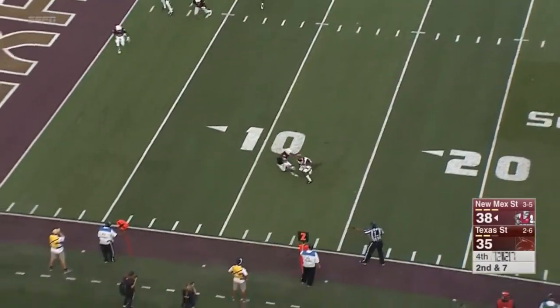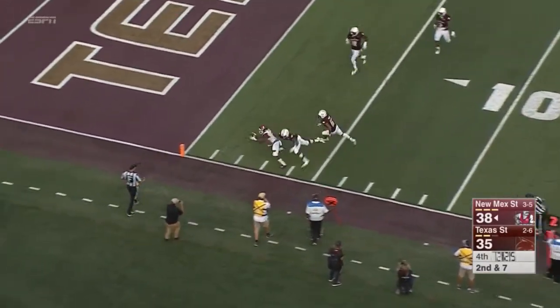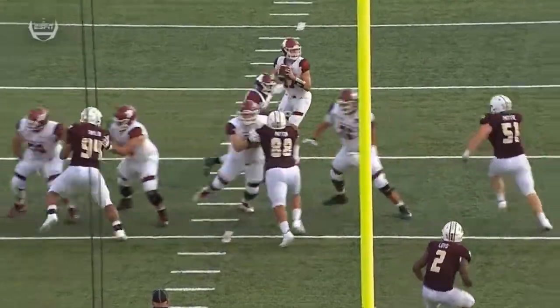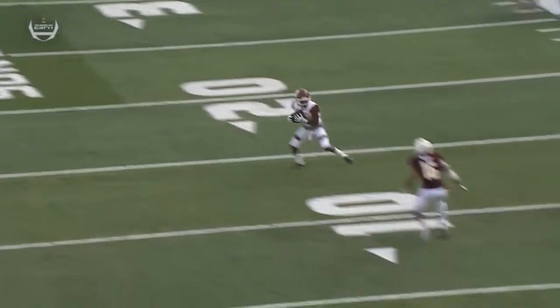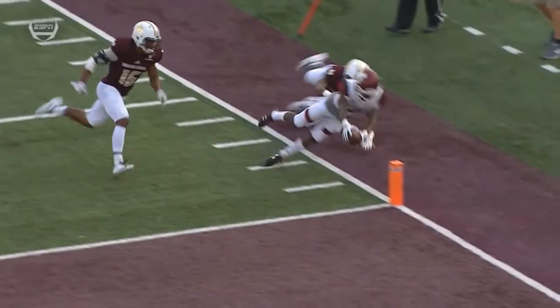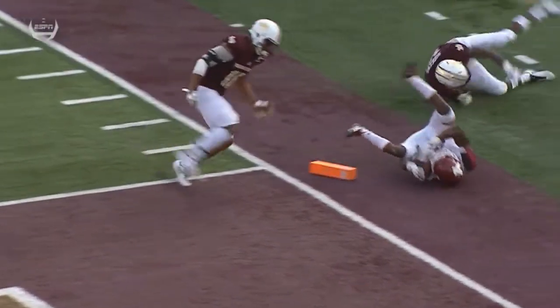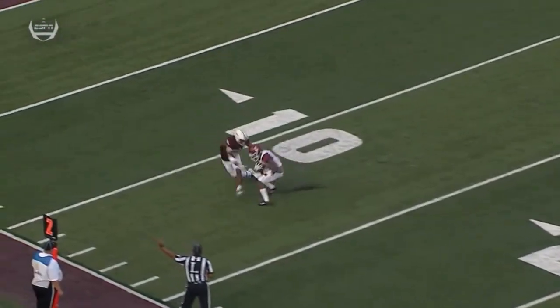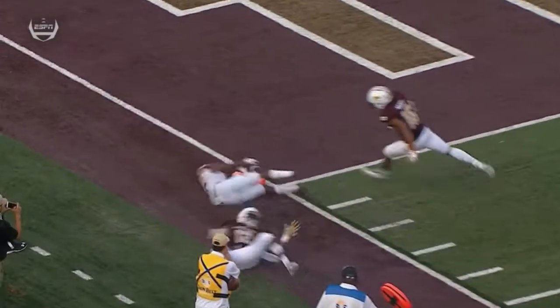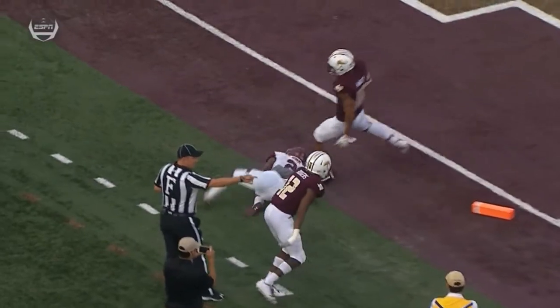Rogers swings it out to Clark, spinning inside to the 5, dives. This has plagued the Bobcats all day long, allowing the Aggies to get out in space. O.J. Clark makes a phenomenal spin move on Jashawn Waddy, and 45-35 the lead. Could you have stopped him? I don't think I could have stopped him, because that spin move